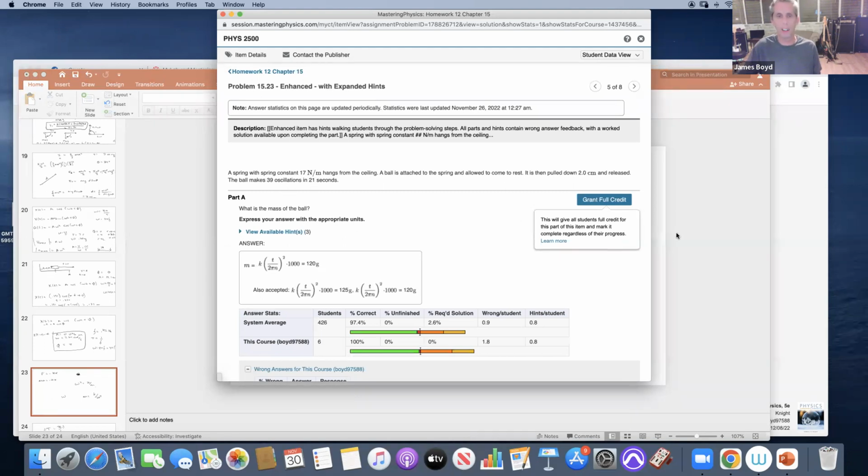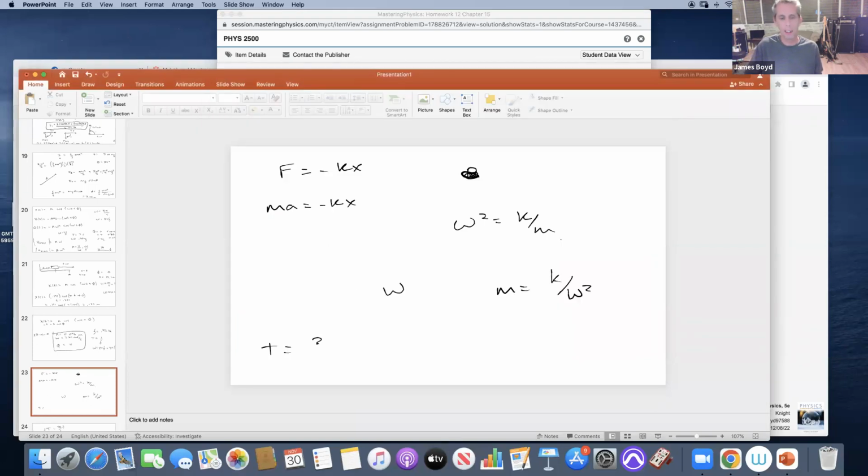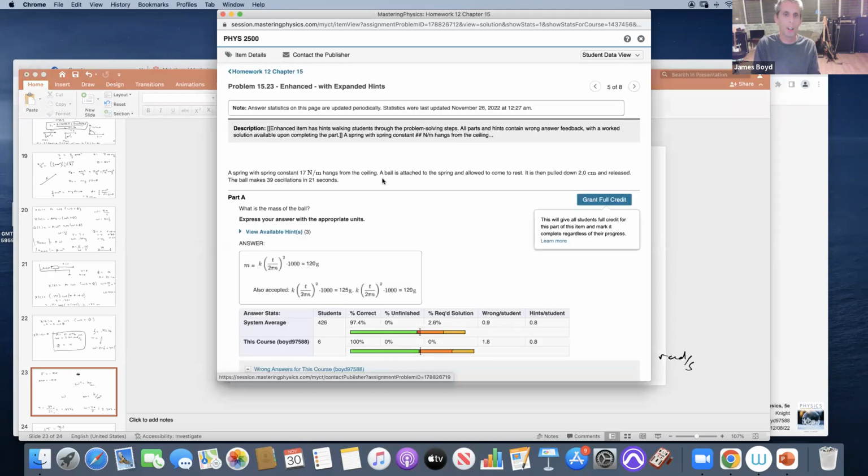It makes 39 oscillations in 21 seconds. The period is the number of oscillations in the number of seconds. So this is oscillations per second. So the period is 39 divided by 21, and I get 1.857 seconds. Omega is 2 pi over T. So 2 times pi divided by that answer, I get 3.383 rad per second. And the mass, therefore, is K over omega squared. K was 17 divided by that answer times that answer, and I get,